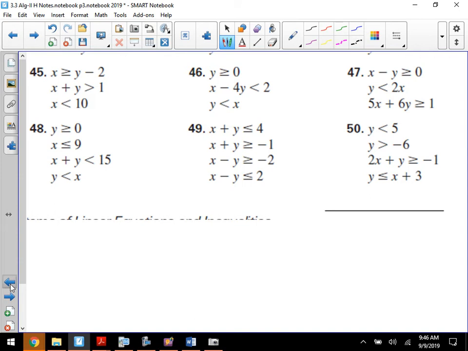The rest of these guys were pretty quick and painless as far as intercepts were concerned. It was just a matter of some funky regions you wound up with. Those shouldn't have been so bad, just scaling them through. Did you want either 49 or 50 or want me to go to the worksheet? Worksheet. Okay. So, on the worksheet then,